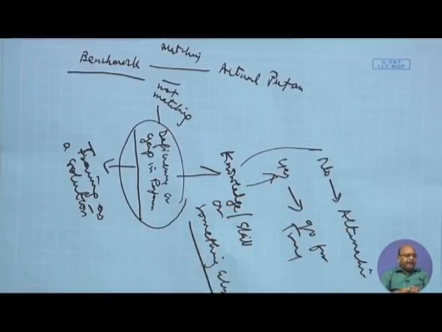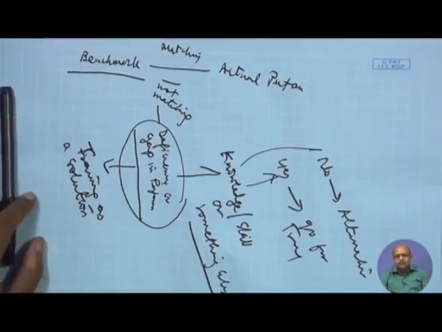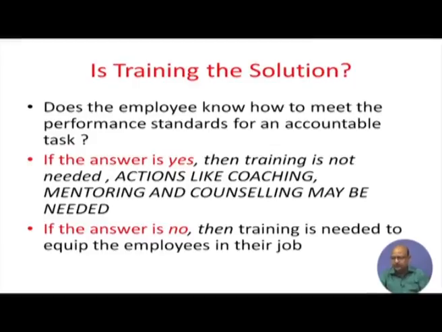right. He might have the knowledge and skill base, but he is simply not interested, there is no motivation, right, and that is why his performance is affected. So, you need to go for some kind of alternative actions like mentoring, counseling and these kinds of things, which are going to help you improve his performance. So, training is not necessarily always the answer. If there is a performance gap because of knowledge and skill base, it means that you want to improve his ability in terms of knowledge, skill base, and competencies, then training is the answer. If it is because of motivation, lack of interest and other things, then you have to find out the answers.